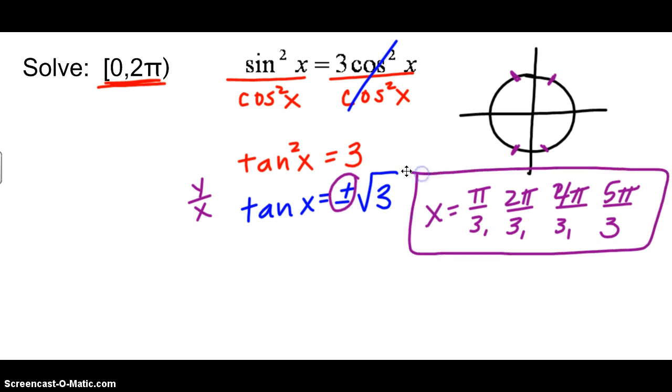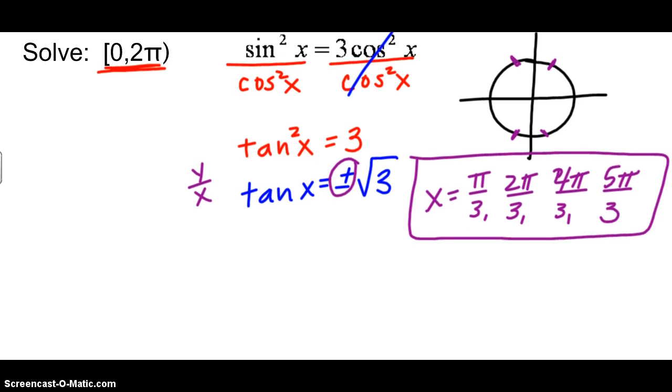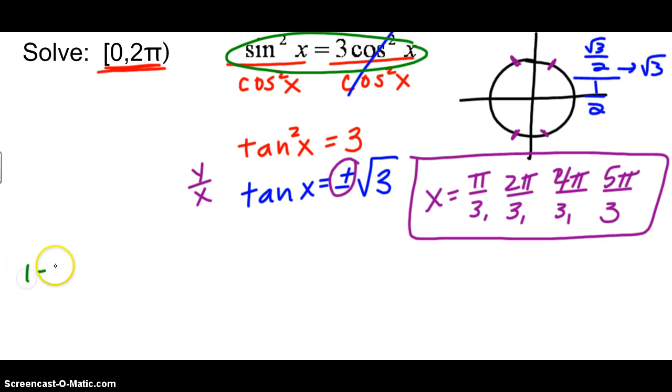Alright, so that's using a trig identity, turning things into tangents in order to deal with them. Again, if you don't believe yourself, take a y value, root 3 over 2, and divide it by an x value. You will in fact get root 3, I promise. The other way to do this starting problem is to replace sine squared with 1 minus